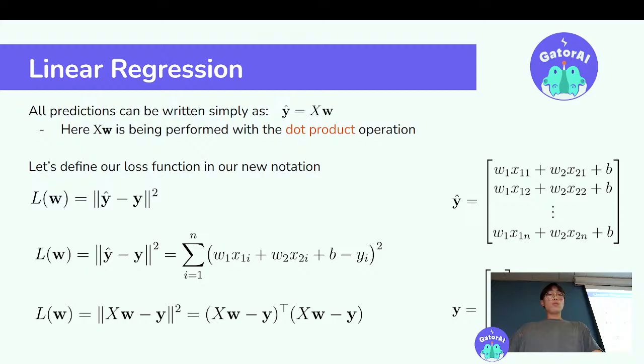So now we're going to define our loss function using this new notation. We have y hat, which is the list of all predictions that our model has made, and we have the regular y, which is the actual true prices of all the houses. What we do is we subtract the values to get a new list. y hat minus y is just the list of the differences between what our model has predicted and the true values of the house prices.